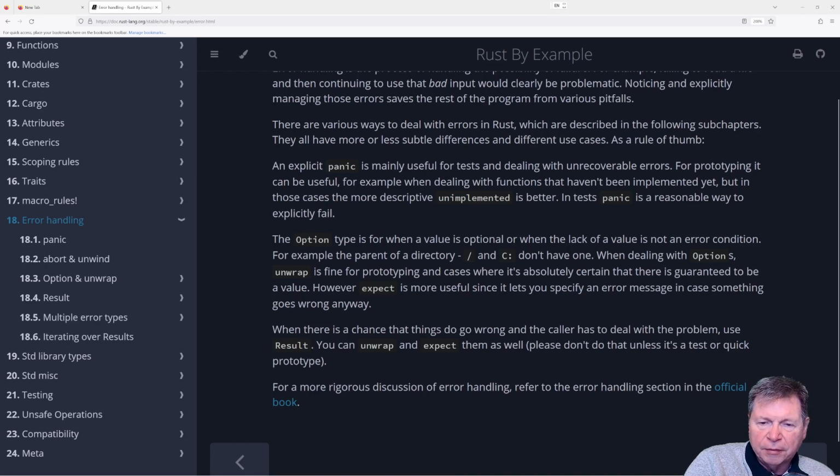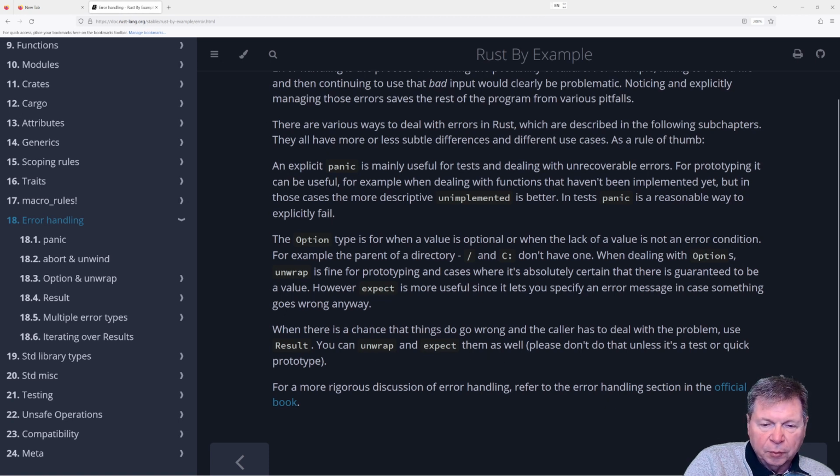Option type is for when a value is optional. For example, the parent of a directory: you might not have one. When dealing with options, unwrap is fine for prototyping. Expect is more useful since it lets you specify an error message in case something goes wrong. If there's a chance that things go wrong and the caller has to deal with the problem, use result.